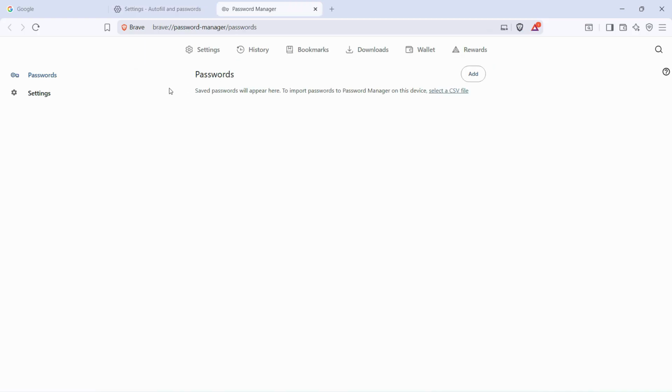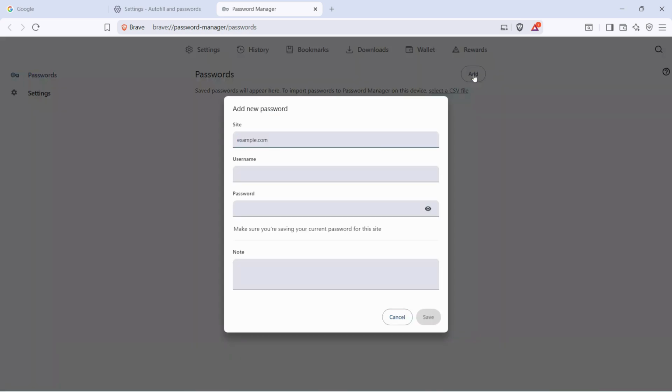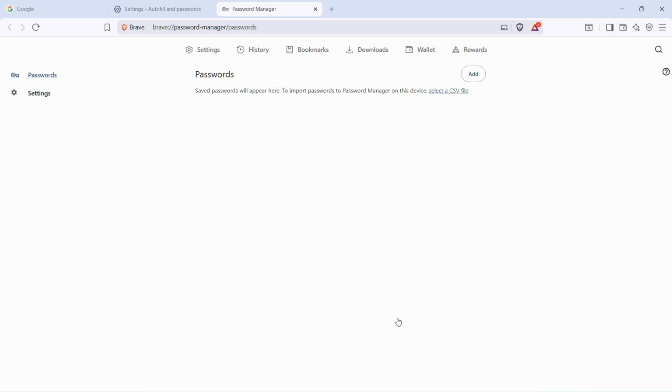Here you can see the list of all the passwords you have. You can also add the password if you want to. So if you click, let's say, on add, it will ask you for which site do you want to enter the password, what is the username and password for that site. So whenever you save that password and head over to that particular website, it will automatically recommend you to enter